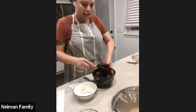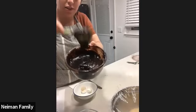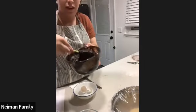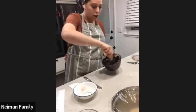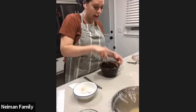Okay, so this is the texture of my filling. So you can see it's not so liquidy. It holds a little bit. It's pretty much the texture, I would say, of chocolate pudding. So if yours is thinner than this,